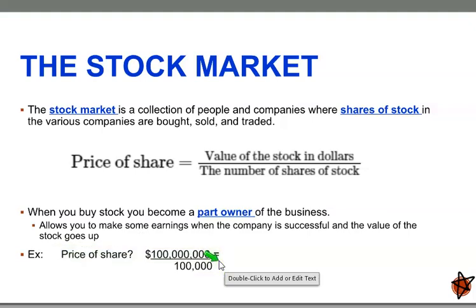But here's just a little example. Say this company is worth $100 million and they have 100,000 shares of stock to sell. They typically sell to their employees first, and then whatever's left is available for outside people to purchase. So how do they determine what to sell the stock for? They take the worth of the company divided by the number of stocks. And in this case, it would be $100 per